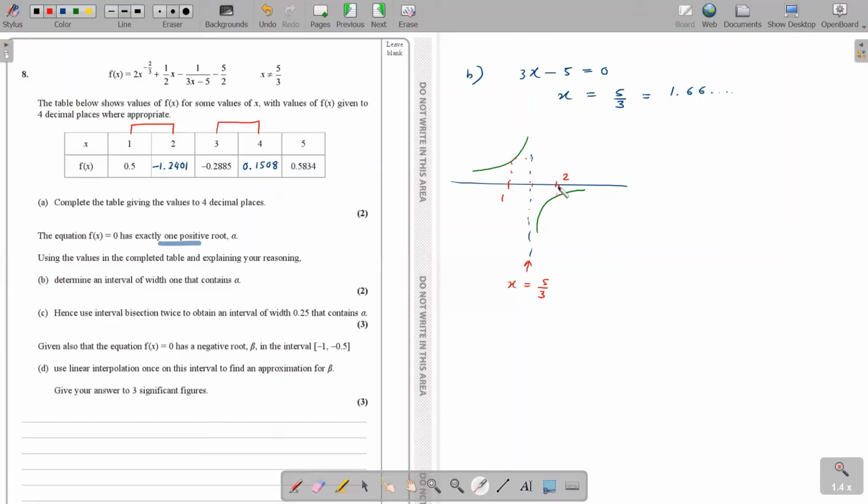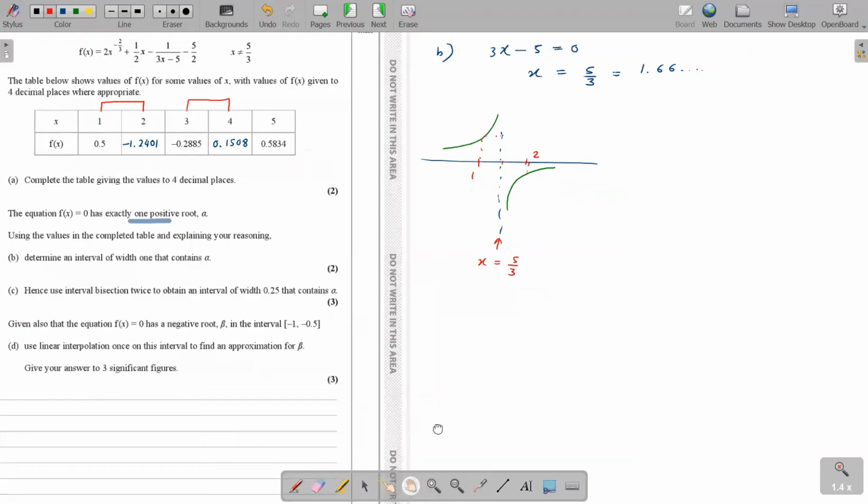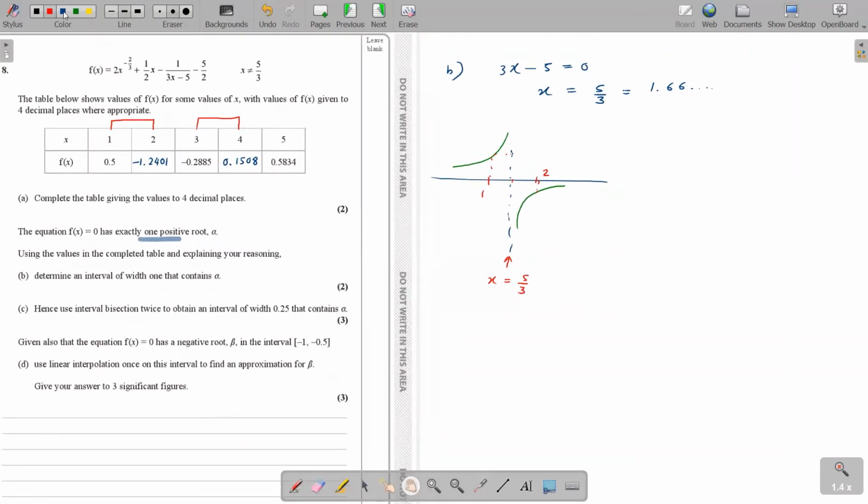So you don't need to draw any graph and explain, you just need to give a reason here, for 2 marks. So how do we explain this? You don't need to draw any graph. What you say here is what? You can say f(x) is discontinuous